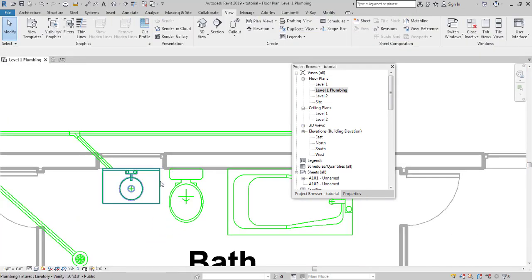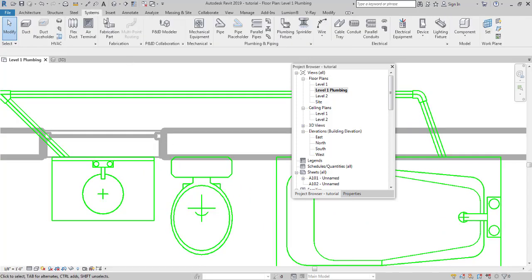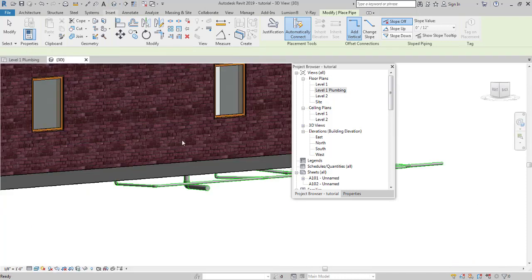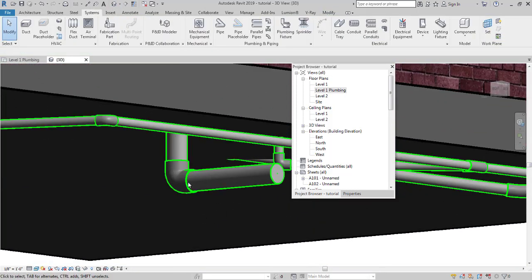Now that is done, how do we continue this pipe from this point onward? If we go to Systems and select Pipe, can we select this point? Let's give it a try. Minus 2, 4 inches, go to the 3D view, and okay, it does connect very well. But one point I would like to clear up: when there is a bend between two sanitary pipes, it's not a 90-degree bend. A 90-degree bend can result in blockages. I would like a 45-degree bend over here.